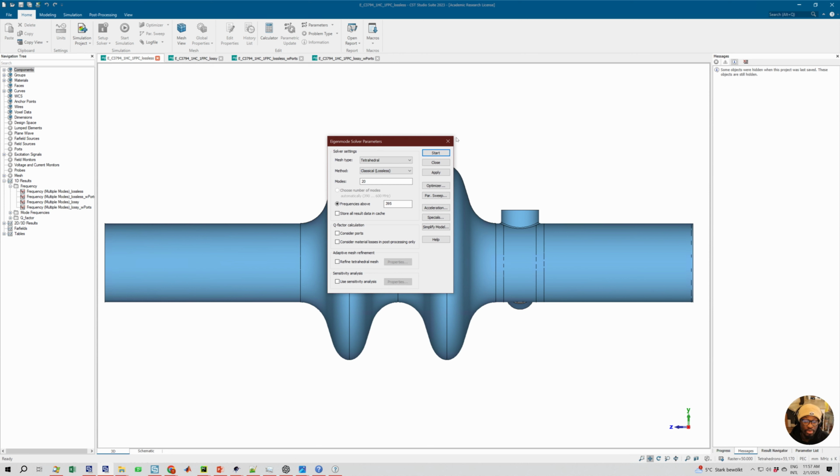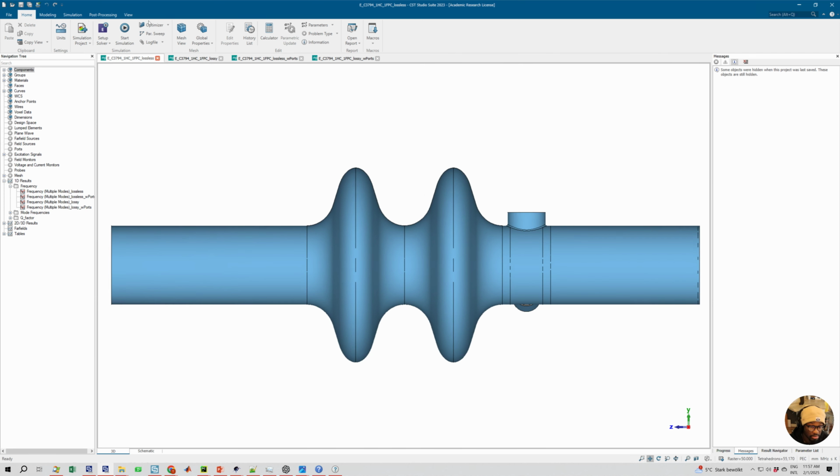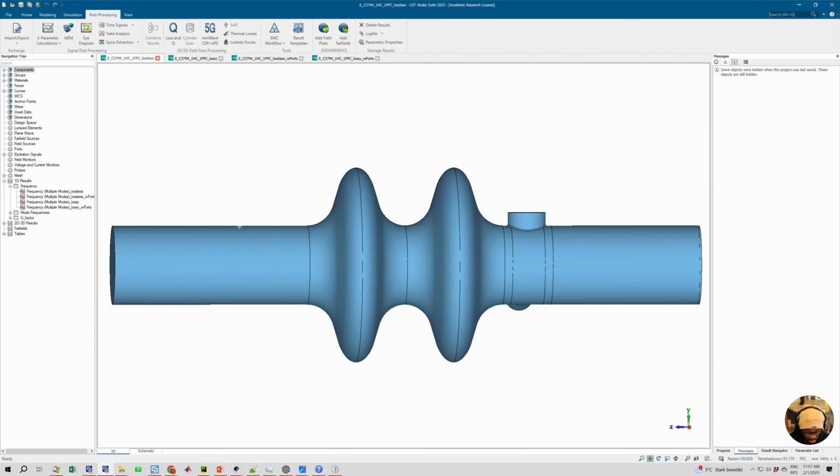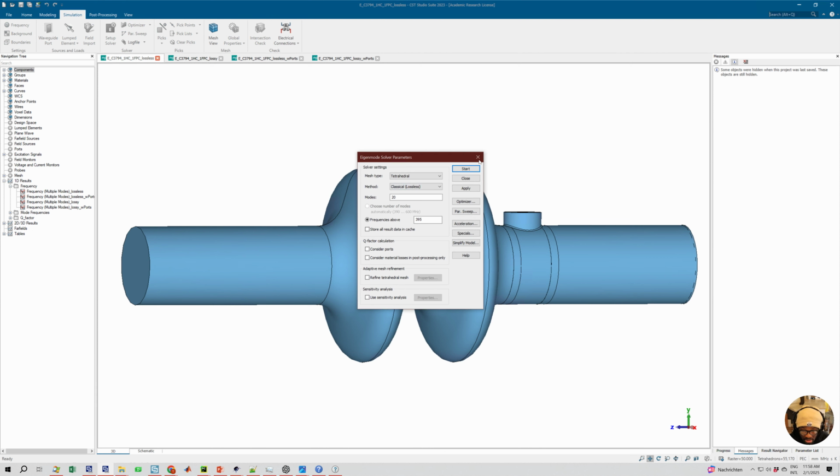So what I went ahead and did was, maybe I discuss the lossless first. So for the lossless case, you see we do not have any ports defined, but then there's also one with ports. But for the lossless case, I think what happens is that if you define a waveguide boundary condition, it's not really considered. I think this is what happens, and the reason why I say this is because it does not